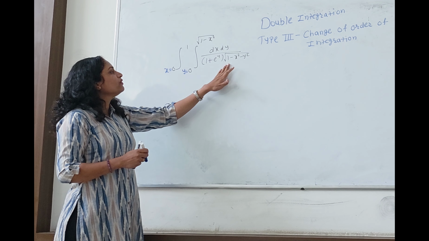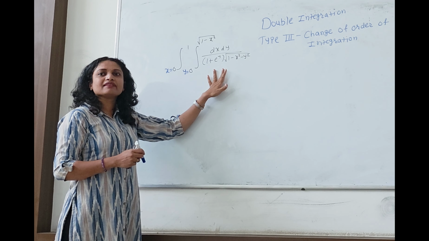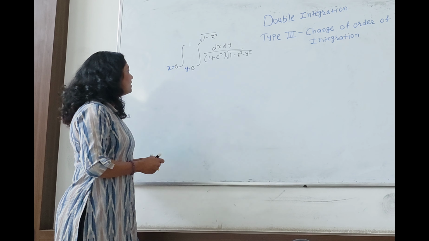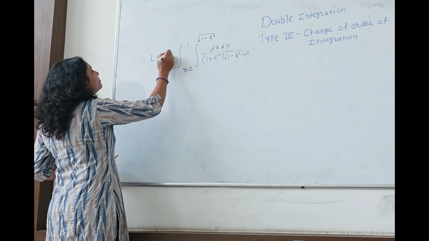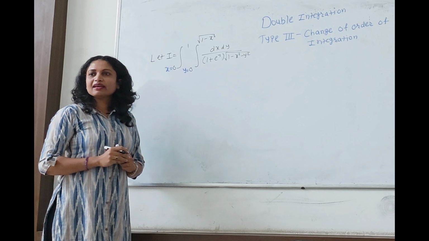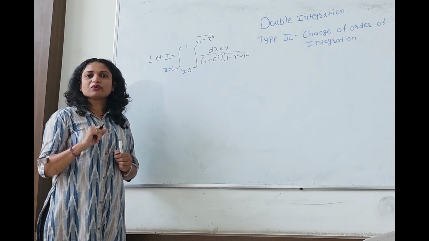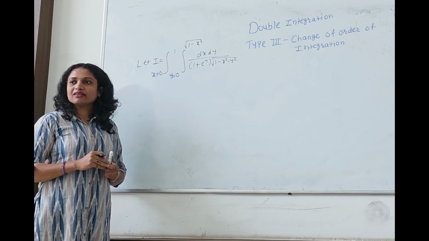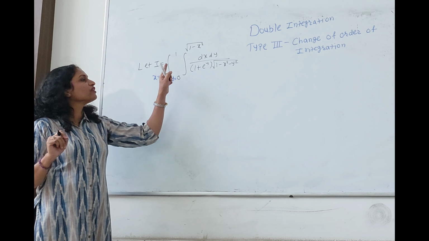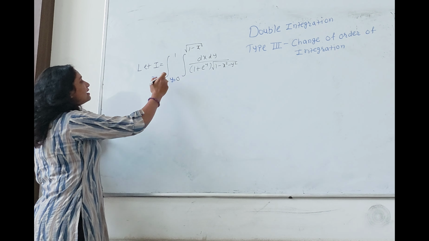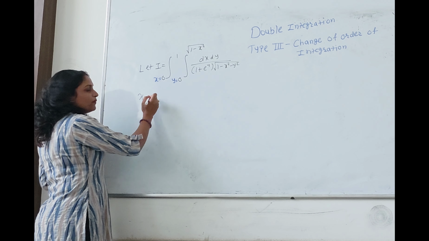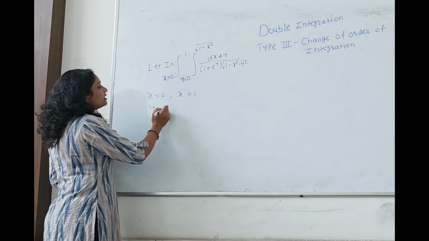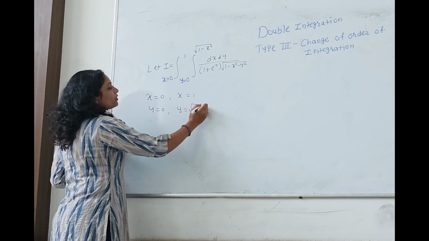Okay. So what will we do? We will change the order of integration in such cases, just to simplify our integration process. So let's start. Let I be the integral. Now to change the order, what is the procedure? You need to draw the diagram, you need to consider the strip. But what will be the region? The region you are going to get from the limits of integration. So what are the integration limits? x equals 0, x equals 1, y equals 0 and y equals root of 1 minus x square.